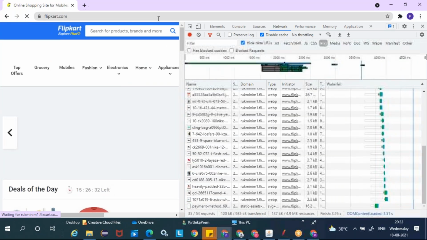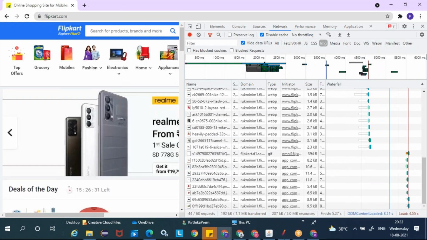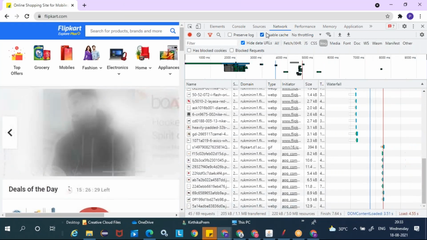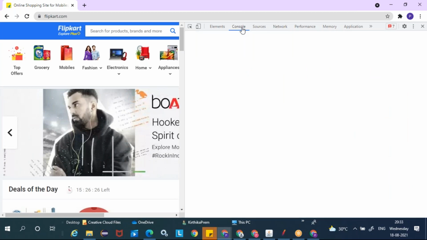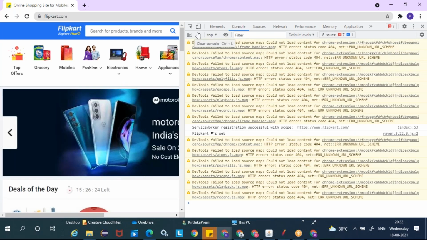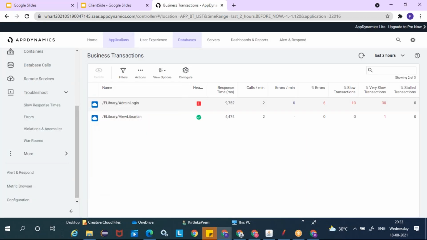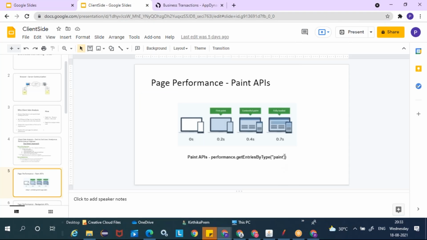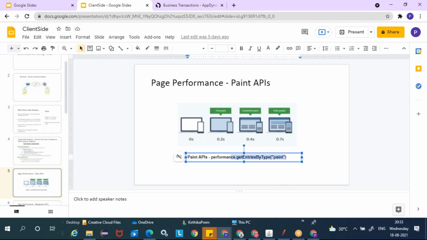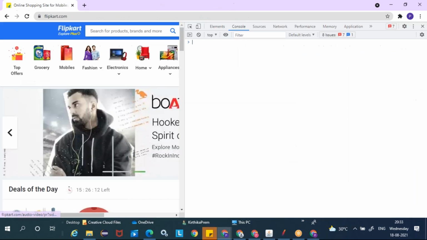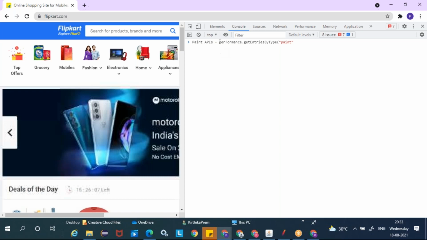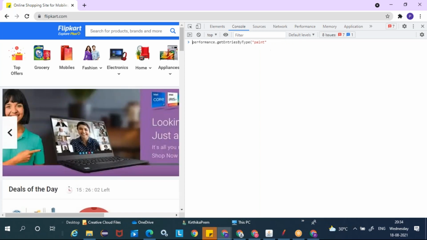I'm not going to go over the other metrics here. I'll just explain the paint APIs alone today. I'll clear it. So the paint timings, as I said, are not available directly for you to take from the network tab. It is available as an API. You need to go to the console and type the command performance.getEntriesByType('paint').